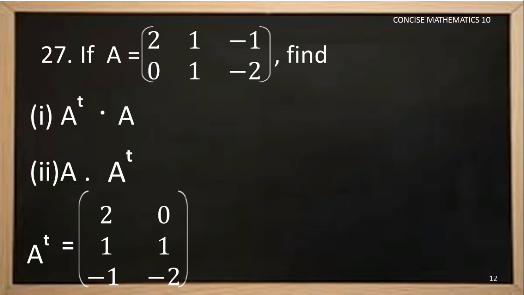Now here in this question, matrix A is of the order 2 by 3, 2 rows and 3 columns. Let us find out the transpose of matrix A by rewriting the rows as columns. Let me consider the first row elements 2, 1, minus 1. Rewrite it as first column. The first row elements are written in first column. Consider the elements of second row 0, 1, minus 2. Write down in second column, that is 0, 1, minus 2. So now we know what is matrix A and what is the transpose of the given matrix A.